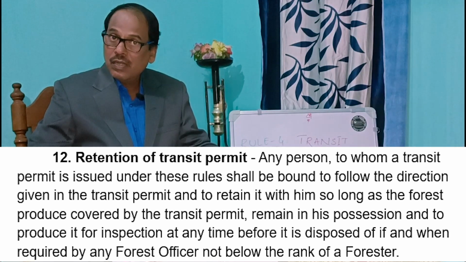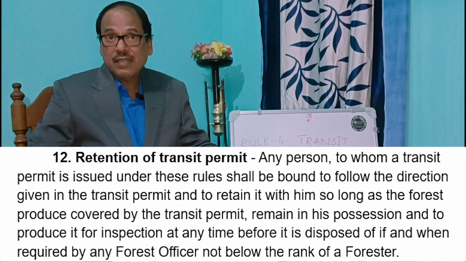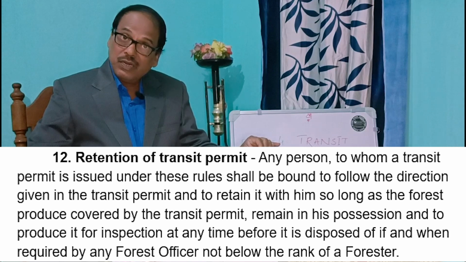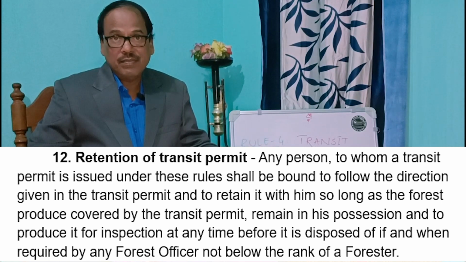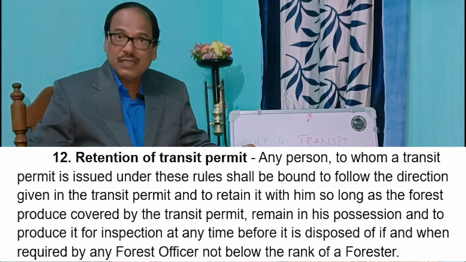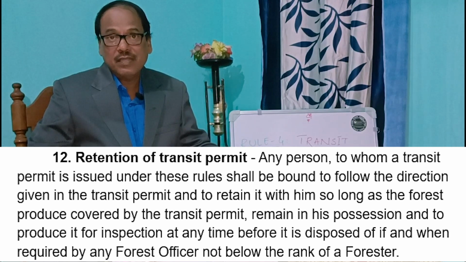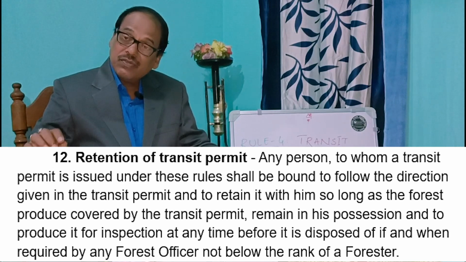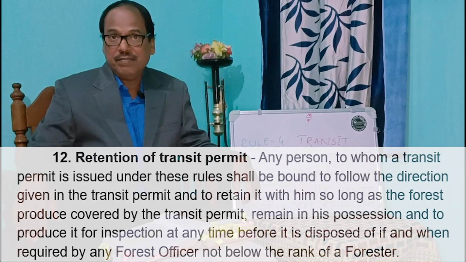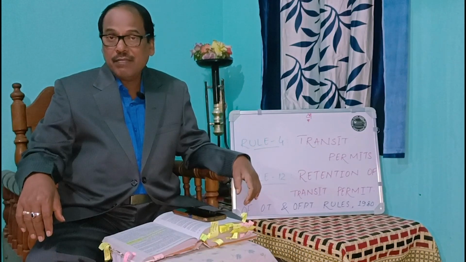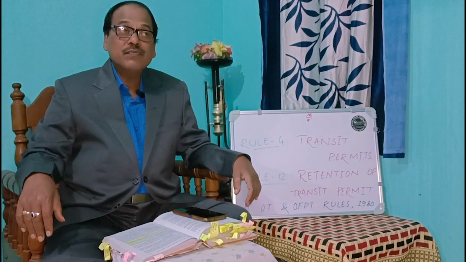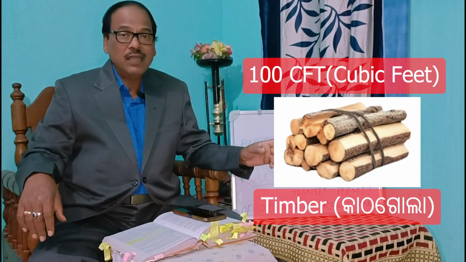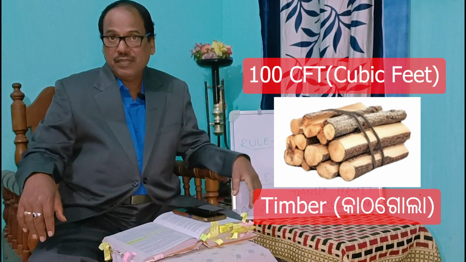Number two, if any person has forest produce in his house, then as per Rule 12, you must possess the transit permit till that forest produce is consumed fully. That means, for example, a person has purchased 100 CFT timber from a government depot or